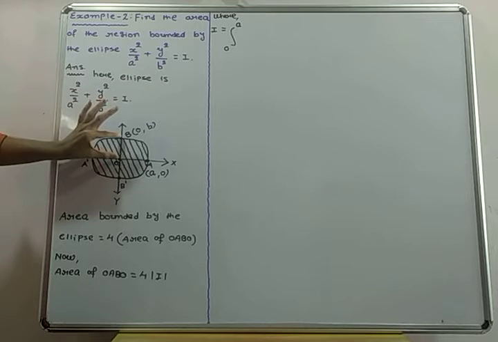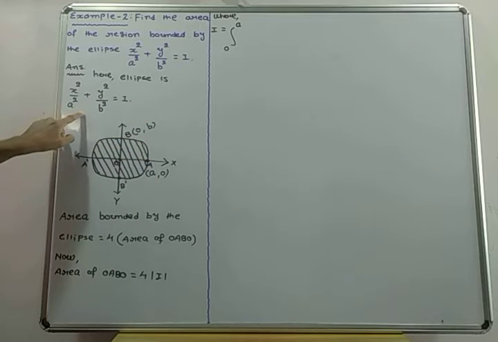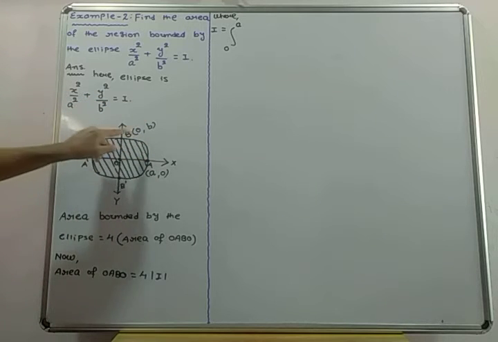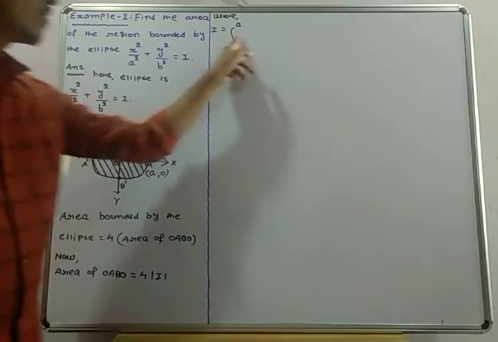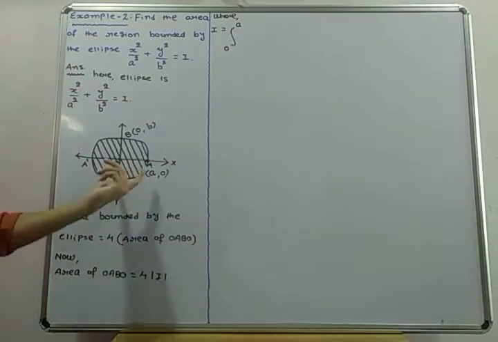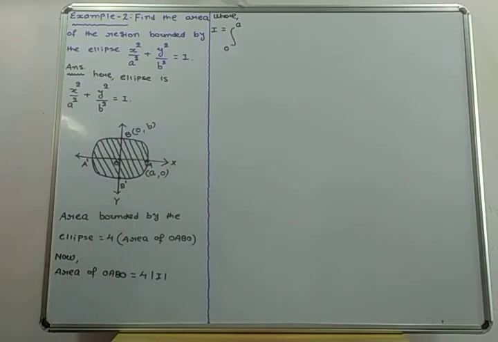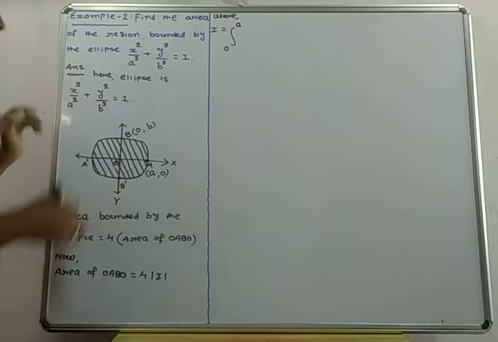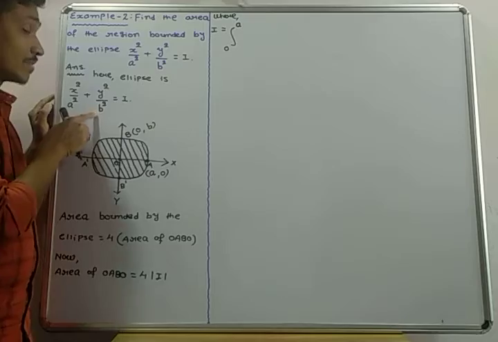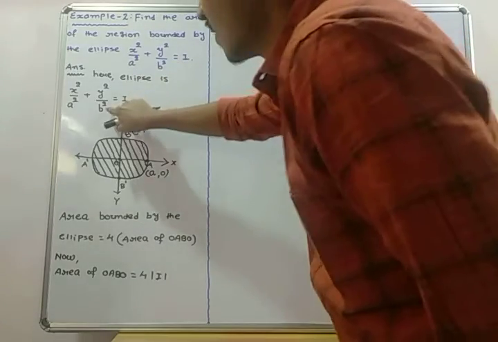If we follow 0 to b, the same 0 to b, this part is made by the ellipse. But 0 and b are the values of y, so here we have to write x. What did we take here? 0 to a. 0 to a are the values of x, so here we need y. Find the value of y. We have to find y, but y will not be available directly, so we do y square by b square in rough. You also have to do it in rough. We need here x, so we have to find y.